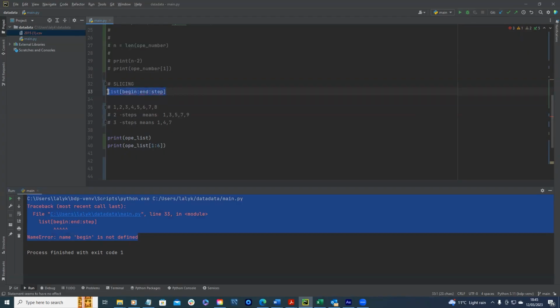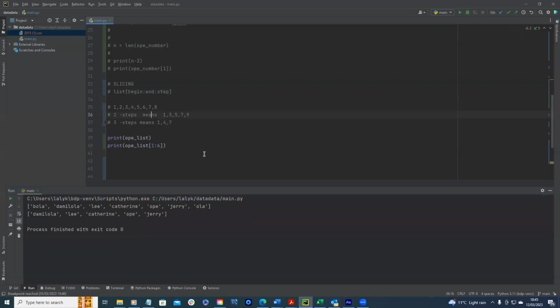It's just a statement. So we can comment the statement out. When we run it again, then we get our result. Can you see now? So it's stopping at Jerry. So it's grabbing from, because we've mentioned that it should begin from first index, which is the second element, and